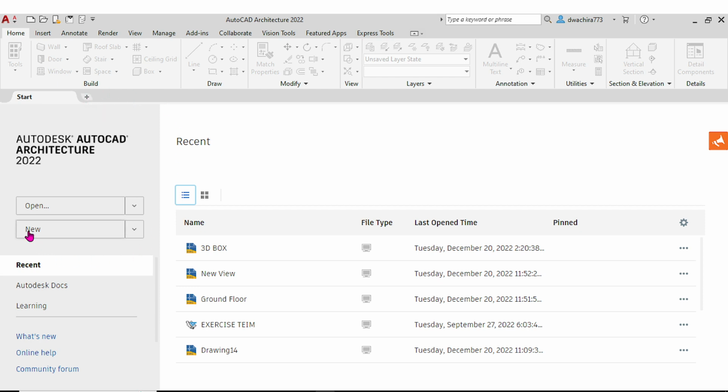Now there is another option here. Let's look at this new, and it has a drop down. Now this one gives you the option to change a template. Remember we said you create drawings based on template. With this new, the option to create new here using the plus, you don't have the option to choose the template. And remember,